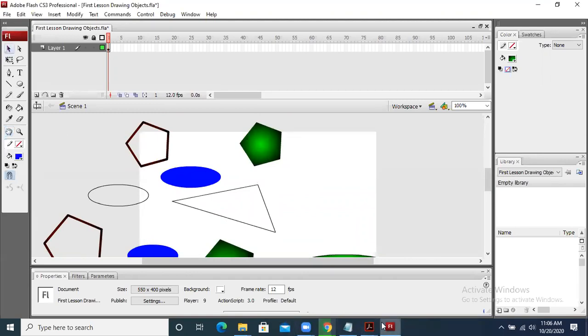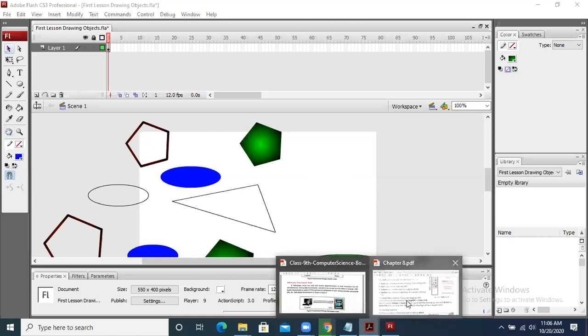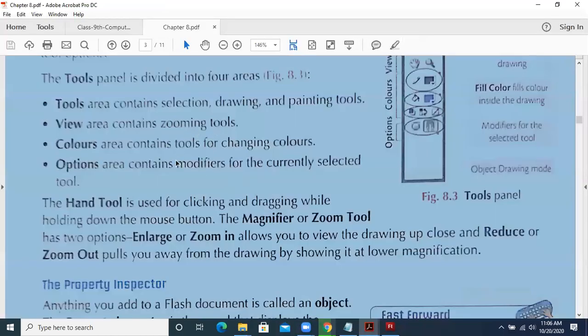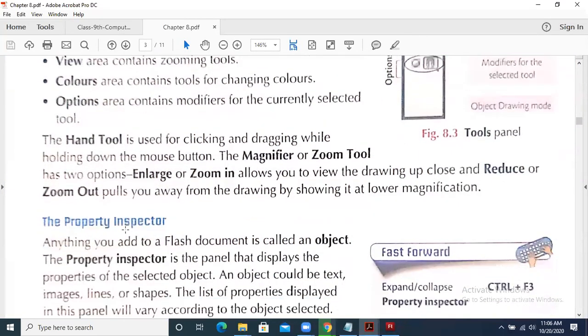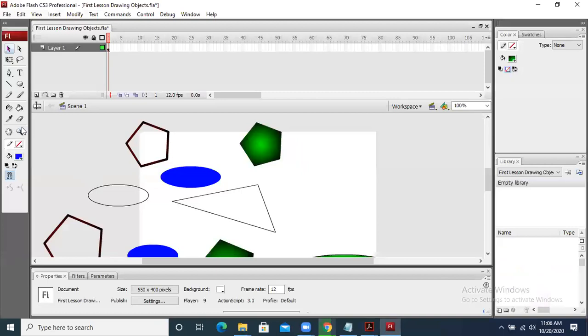Okay, we come to the chapter once again. As I have discussed, some different options are there that we will see when we implement all these things. Hand tool, I have explained what the purpose of the hand tool is. And the magnifier, what is the magnifier? When you want to see something zoomed, this is the magnifier. The zoom tool is basically called the magnifier.